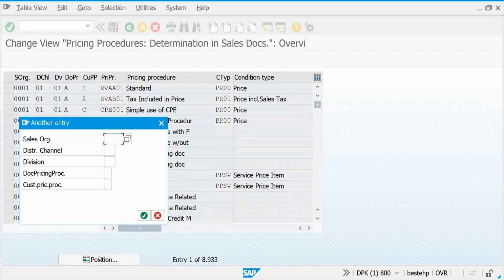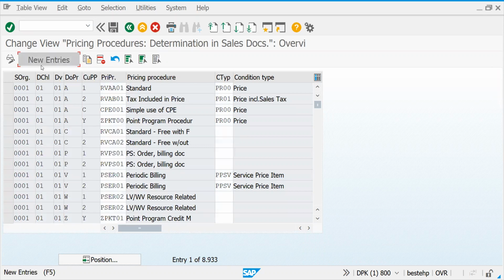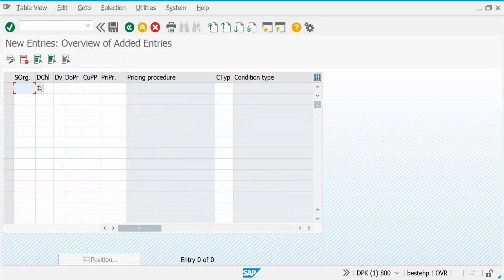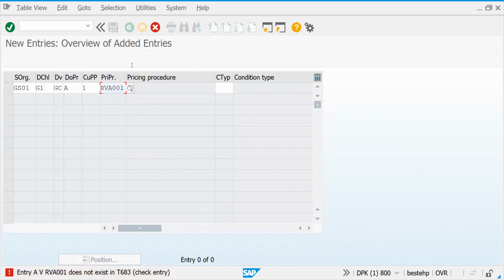Let's go. Escape. Let's go to the new entries. I've just copied whatever I put. Always it should be one document, the customer should be one, and the document pricing procedure should be A. Let's press enter.